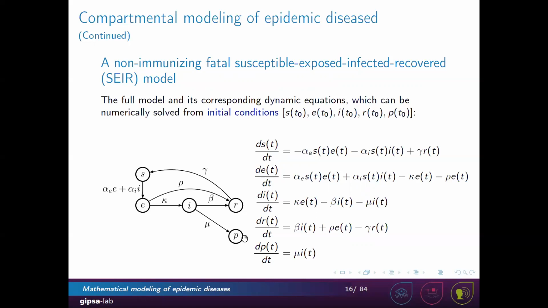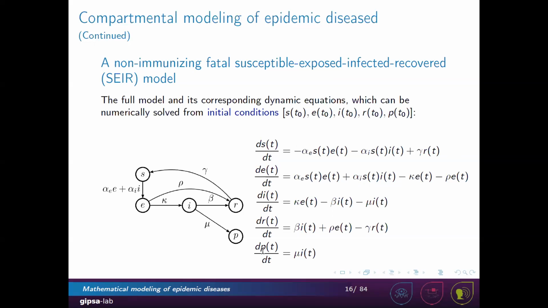Something interesting that we see here is that the sum of all of these compartments is equal to 0. Whatever term we have with a negative sign, we have the positive sign entering another compartment. We can explain it as the model is closed. A closed compartmental model is a model that does not have any external inputs or outputs. For instance, in this model, we have not considered any birth rates or any natural deaths other than the death due to the illness.